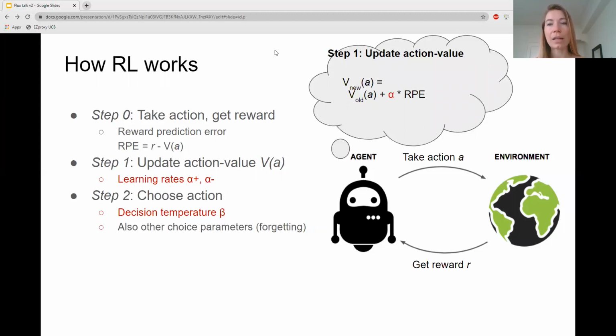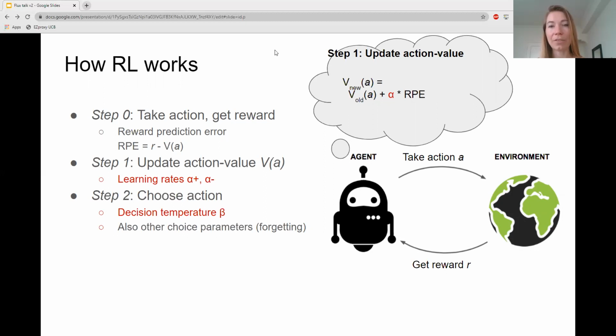How much the child increases the action value depends on her individual learning rate. A large learning rate leads to fast adaptation and great flexibility. A small learning rate leads to slow learning and less flexibility, but is more stable. Many cognitive models differentiate between positive and negative learning rates because learners often learn differently from positive and negative outcomes. In this case, positive learning rates determine how fast a child learns from positive outcomes, and negative learning rates determine how fast she learns from negative outcomes.